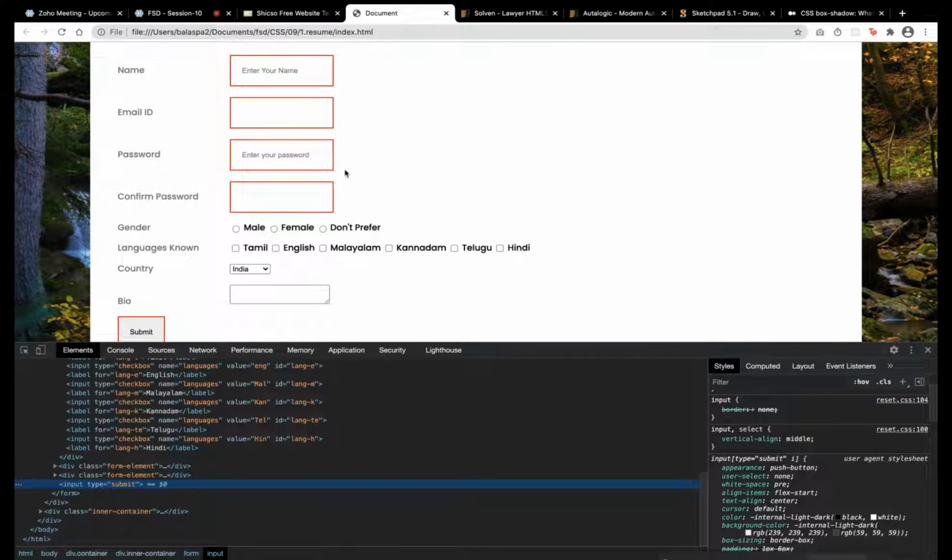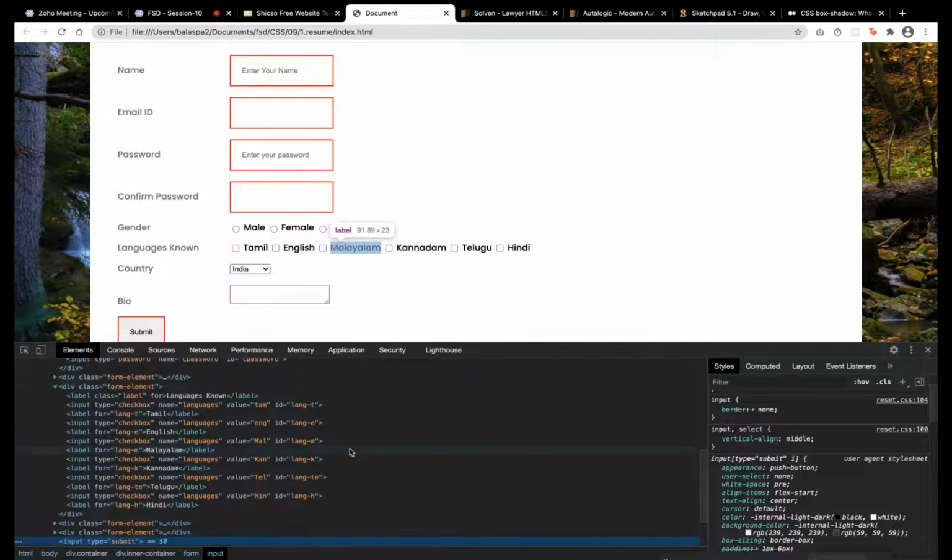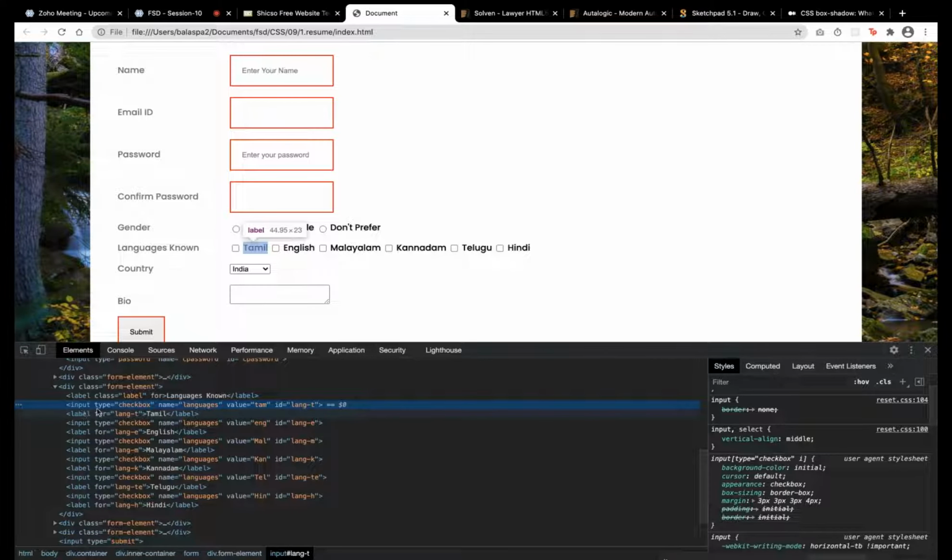But instead of adding a class, we have another method. Easily we can achieve that. We can say input of type equal to checkbox, like this. So our time will get reduced compared to adding a class there.